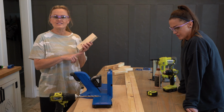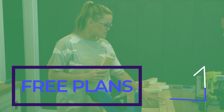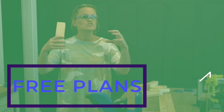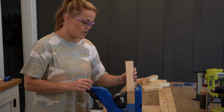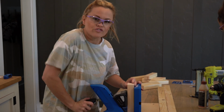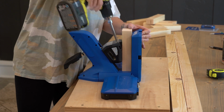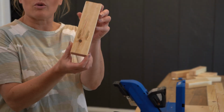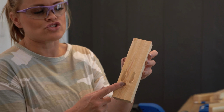I have cut these down to 7 1/4. Don't worry, it's all gonna be in the free plans. But then I've also ripped these 2x4s down to 2 inches because I wanted chunky shelves, but not super chunky. So we're gonna add 1.5 inch pocket holes on each of our cleats. And there's 8 of them, 4 for each shelf. Okay, so all of our cleats will have 2 pocket holes on each side and we'll attach those to the